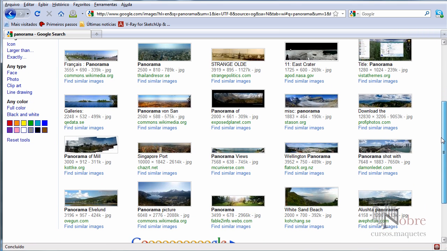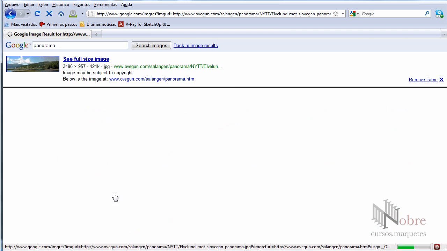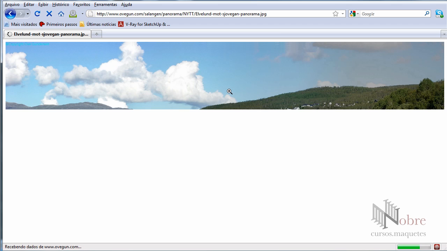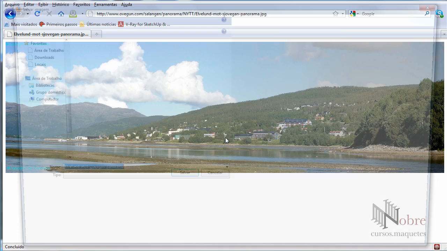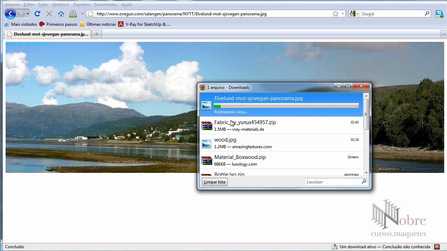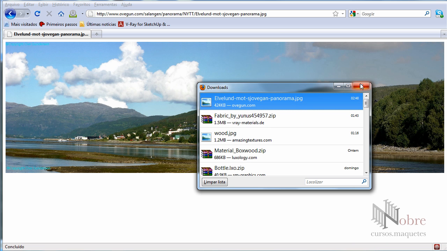It doesn't really matter. I think I will use this one here. I can download it, right click and save image, and then just save in your default folder. Okay,